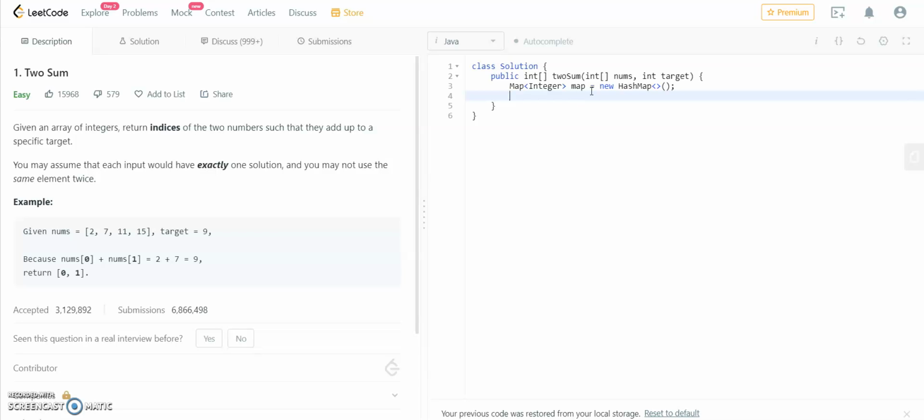And now we need to loop through the nums array. And then we'll find the complement of every number, which will be target minus nums of i.